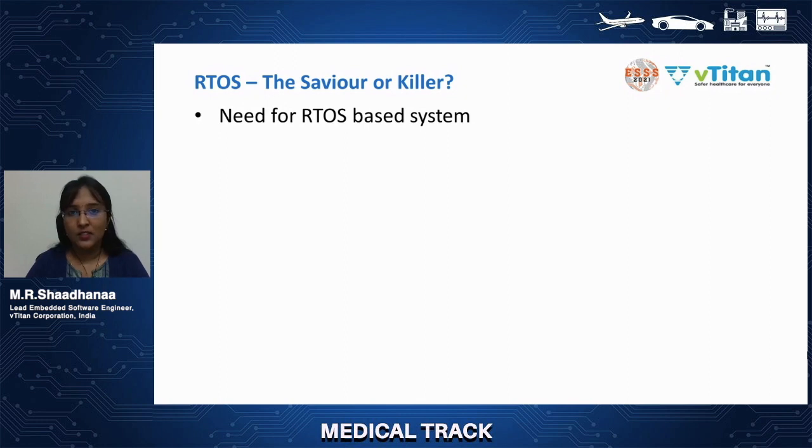But do you think this could work properly without an RTOS based system? Will we be able to achieve concurrency in this? No, because only after execution of one function, we will be able to execute the other one without concurrency. So we won't be able to do that without an RTOS based system. So to achieve concurrency, RTOS is the best thing which we have in our hand. But RTOS just gives an impression that all the tasks run concurrently, wherein it executes only one task at a time. So this is the very important reason for which we need an RTOS based system.